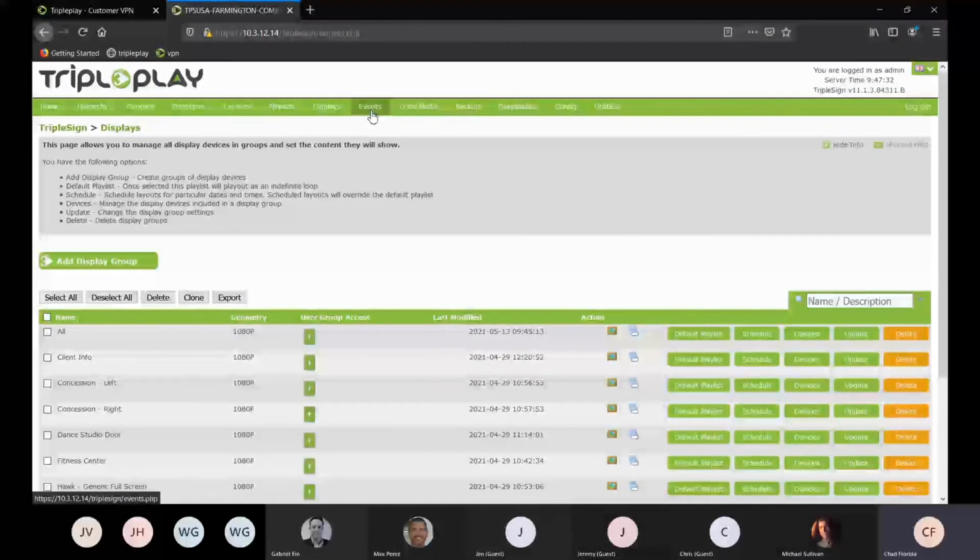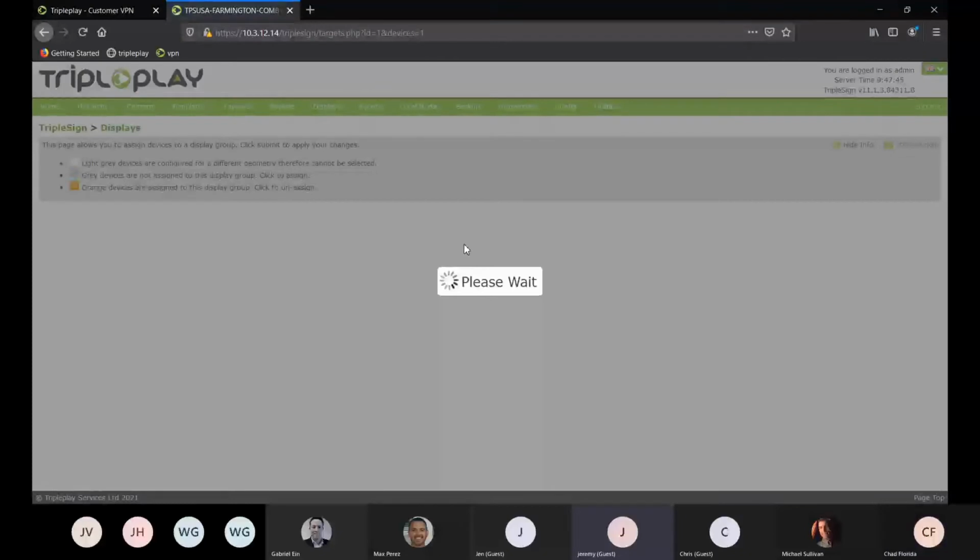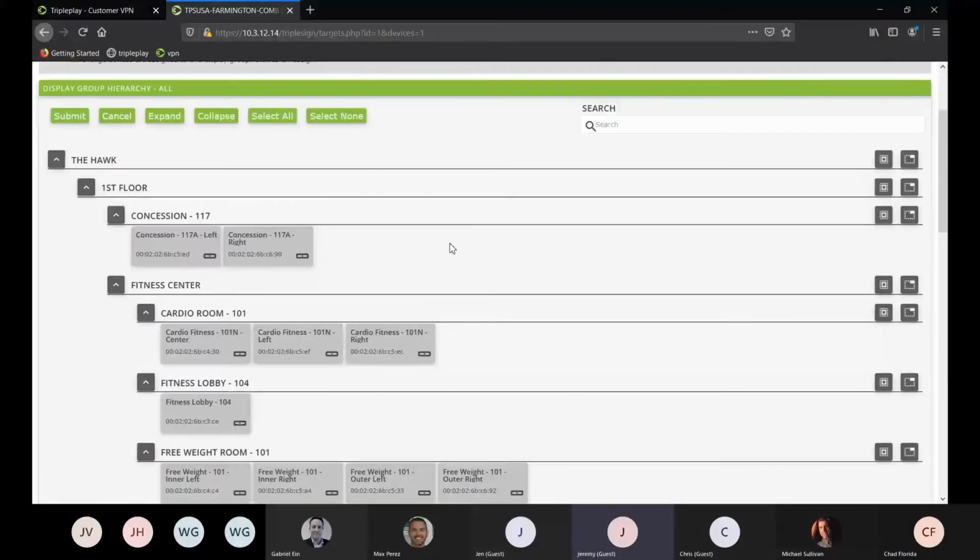Did anybody have any other questions about the displays before we move forward? I had a quick question on that other view when you had the view of all the different zones laid out. There were a couple different icons on some of those screens. Is there something we need to know about the difference between that little narrow rectangle with the dot versus some of the others? The narrow rectangle with the dot, at this point